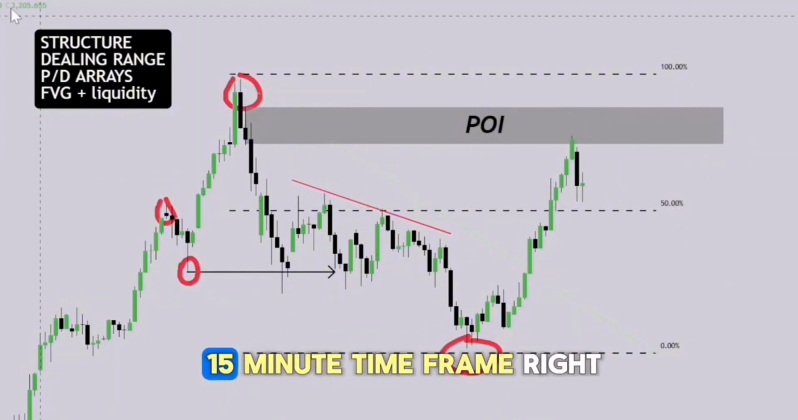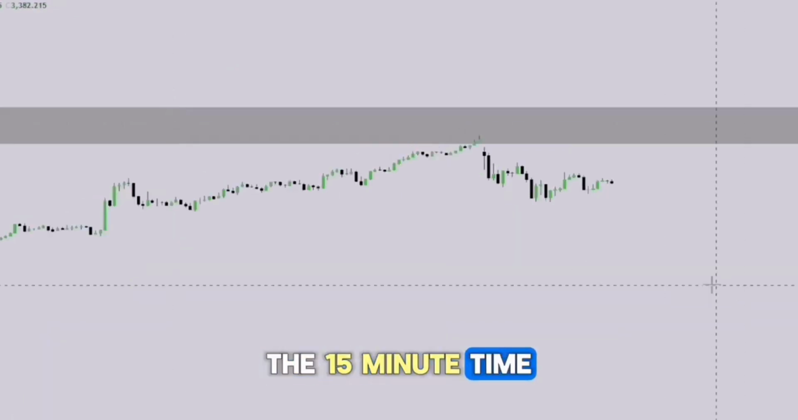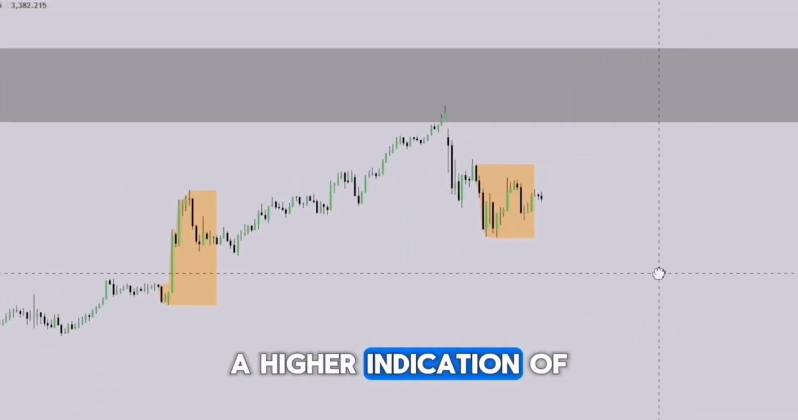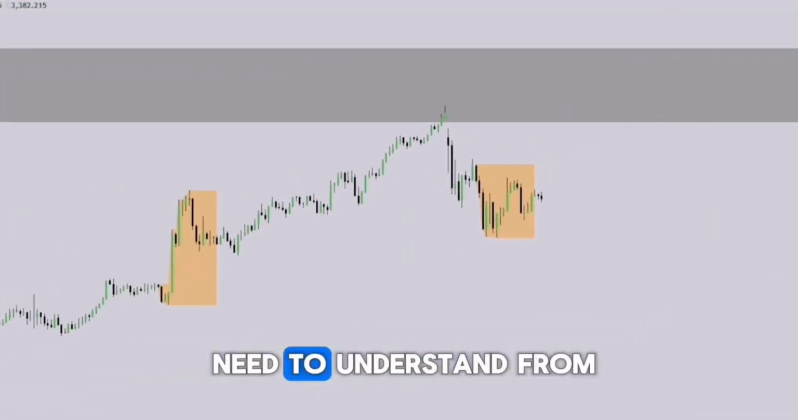So now if we go down to the 15-minute time frame, right, the 15-minute time frame will give us a higher indication of what to look for. And so what we need to understand from a swing